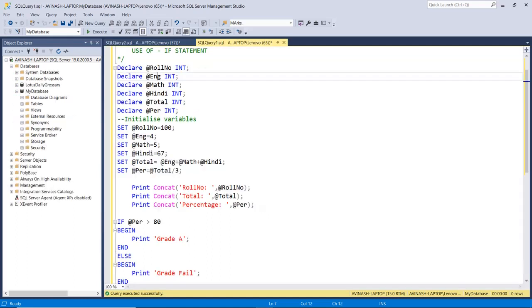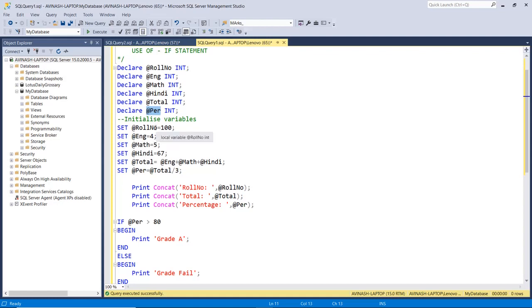Let us do a simple example of the if statement in SQL Server. So I have a program. In this program, I have some variables: the roll number, then the marks of the subjects English, Hindi, math, and the total. I assign the total of the marks of the 3 subjects. Then I also calculate the percentage on the basis of the total of the marks.